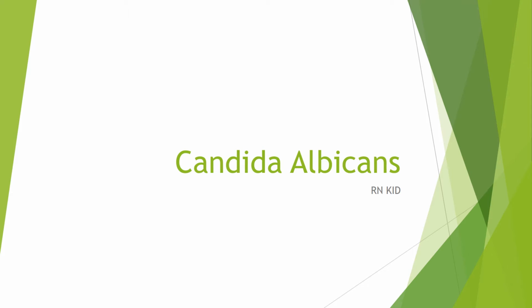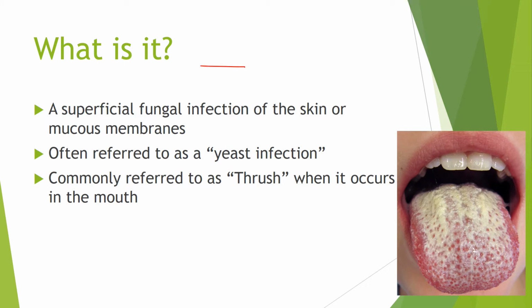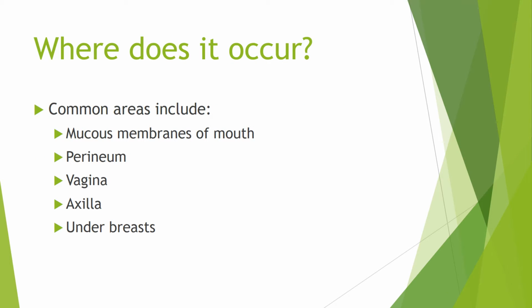In this video we're going to be reviewing Candida albicans. So what is it? It's a superficial fungal infection that occurs on either the skin or mucous membranes. It's often referred to as a yeast infection, and when it occurs in the mouth it can be referred to as thrush. Where does it occur? Well, common areas include, as we discussed, mucous membranes of the mouth, perineum, vagina, axilla, and